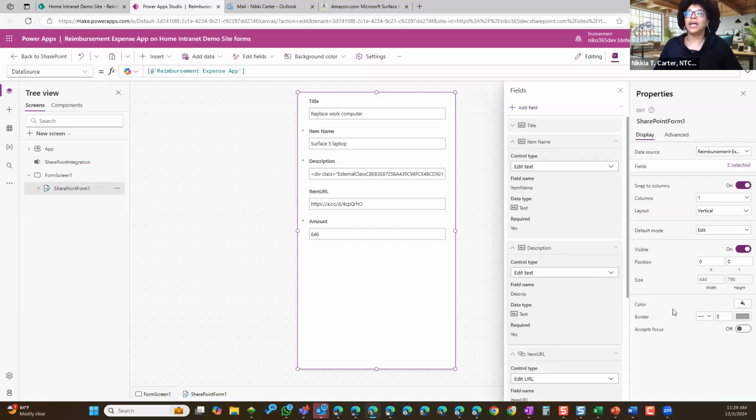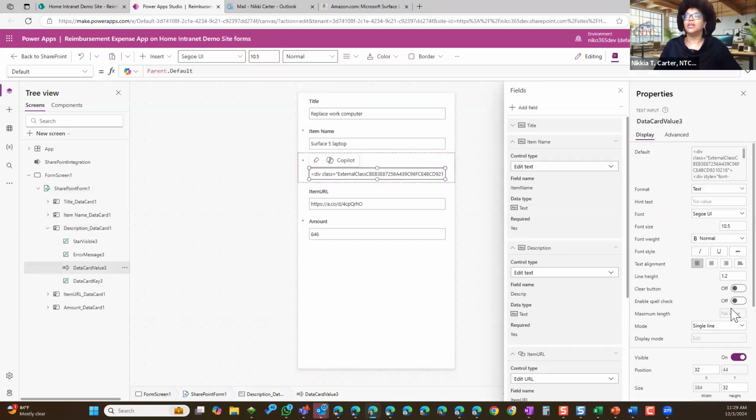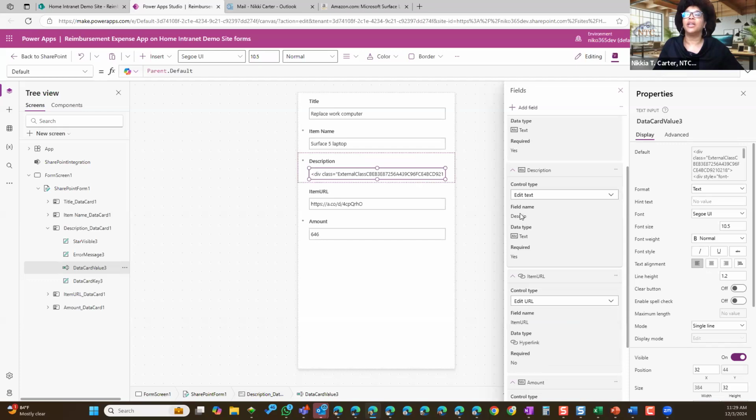Okay, but I can reorder the form. And I could do some things like make some of these boxes look a little bit better. So say, for example, the description right here. This came across in a mode. So right now what I'm doing is I clicked on this actual description box. It's supposed to be a multi-line of text. And if I look at it here, it just says that the data type is text. So now I have to go and change the property. And I do that by clicking on the actual field itself.